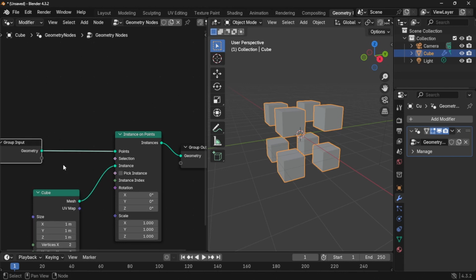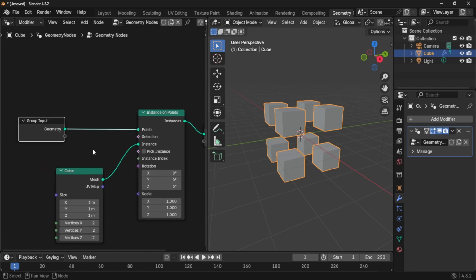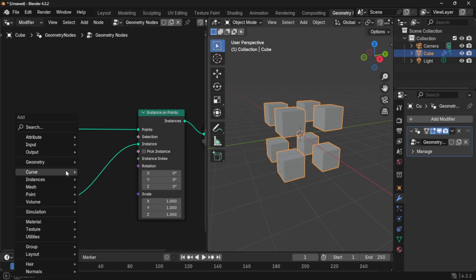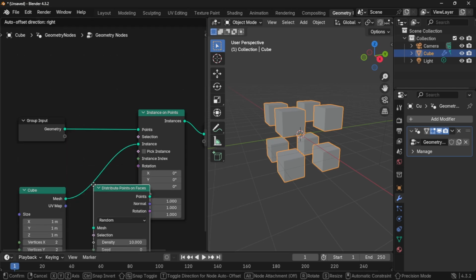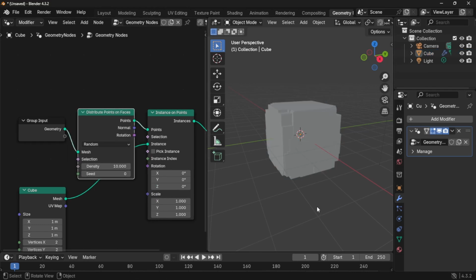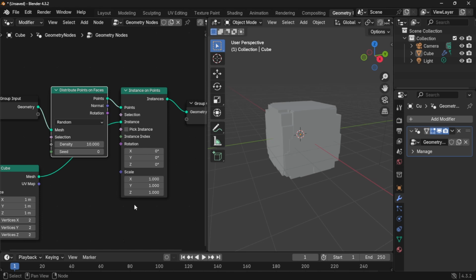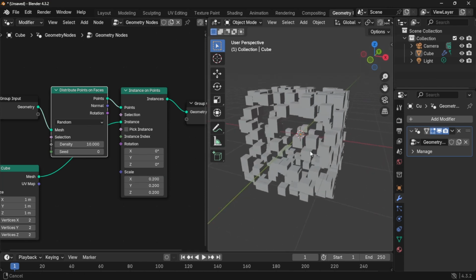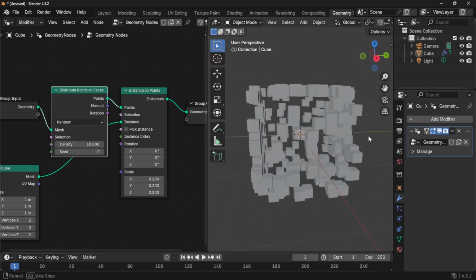Now, what if instead of just wanting 8 cubes at the points, we want lots of cubes in our faces? And that is the purpose of the distribute points. So what we can do is distribute points on faces. We can simply bring it and drop it here, and we have something strange over here. And the problem we are facing is because of the large scale. Simply, if we just make the scale as 0.2, what we will see is lot of cubes in the form